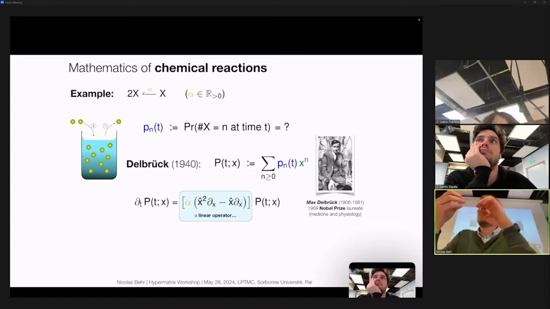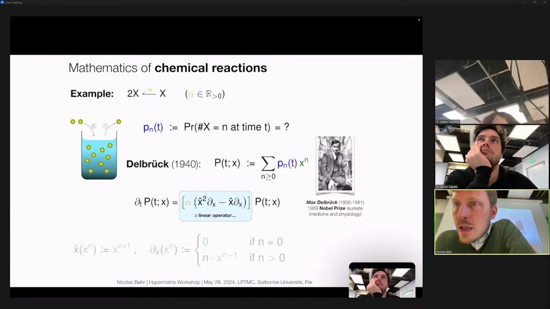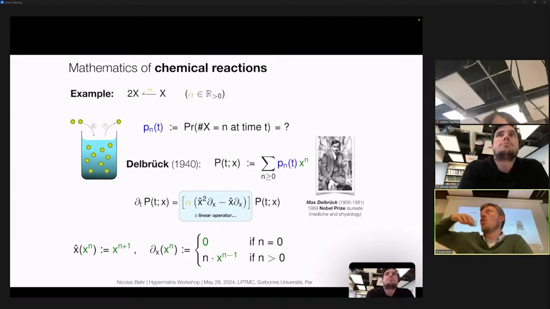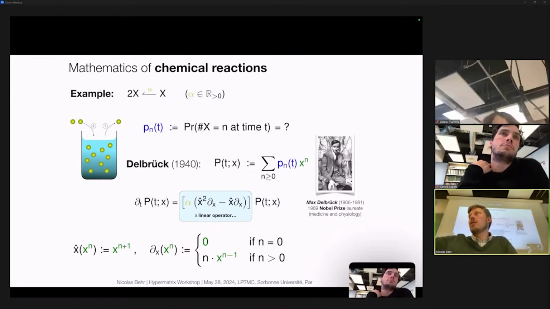And so for a Markov chain, it needs to be the case that the probability mass that you move somewhere else in the distribution needs to be, of course, deducted from the current place so that the net flux is zero probability mass. Well, here's an equation where basically the infinitesimal generator of the Markov chain is expressed as a differential operator. And you see immediately there's something combinatorial going on because taking the derivative d/dx of x to the n produces precisely zero. So there's no way of doing that if there's no particle. And n times x to the n minus 1 models precisely the n ways in which you can do a removal. But I mean, you'll end up in a state with n minus 1 particles.